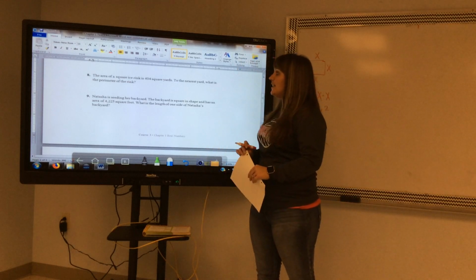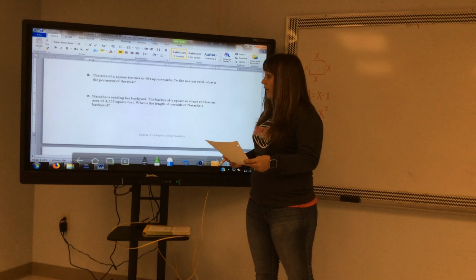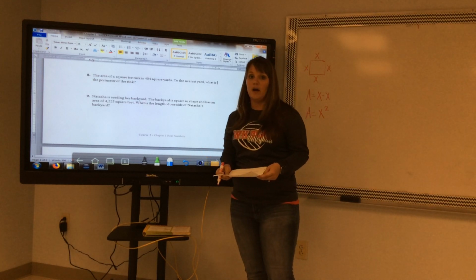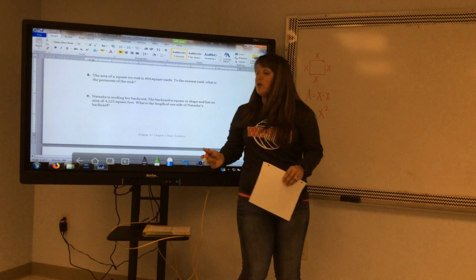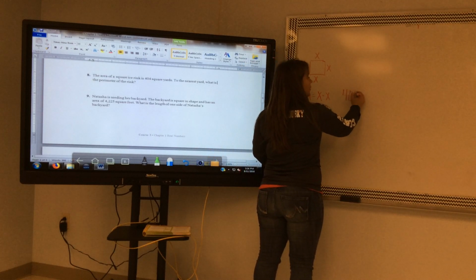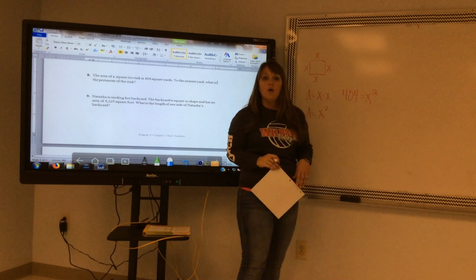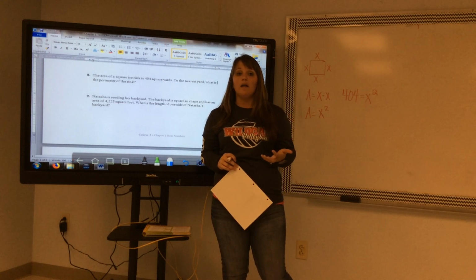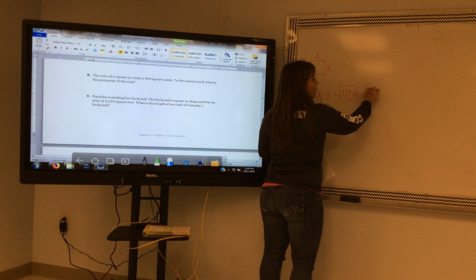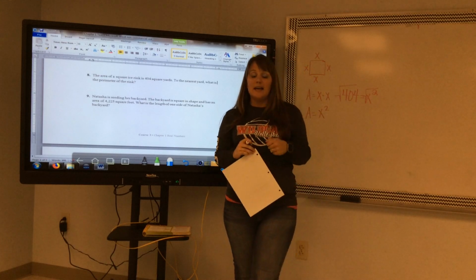So in number 8, it says the area of a square ice rink is 404 square yards. To the nearest yard, what is the perimeter of the rink? So I'm going to say that I know the area is 404, and that should equal x squared. Well, to undo a square, I take the square root. So I can put both of these sides under the radical symbol, and when I type 404 into the calculator,